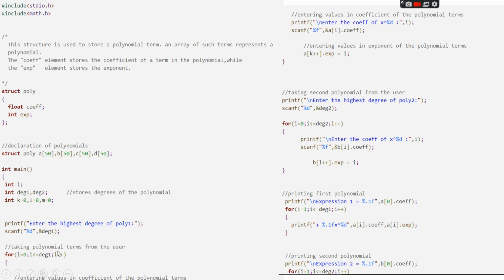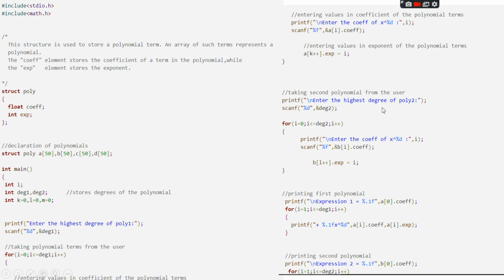So if we take degree1's value to be 5, this loop runs from x^0 to x^5. After taking the coefficients as well as the exponent terms from the loop of polynomial 1, we do similar programming with the highest degree of polynomial 2. So the highest degree of polynomial 2 is degree2.